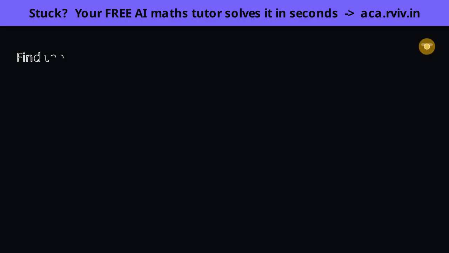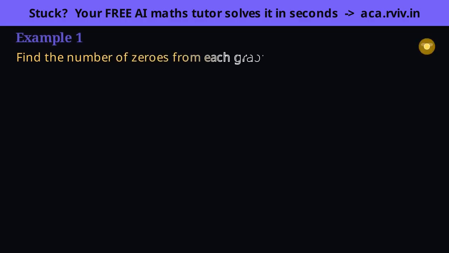Example 1. This is the friendliest kind of zeros question because there's no algebra at all. The graph hands us the answer if we know what to look for. Let's see exactly how to read it. Let's set up the one idea we need. A zero of p of x is, by definition, an x value where the polynomial's output is 0. On a graph, the output is the height of the curve, so a zero is a point of zero height. That means we hunt for where the curve touches or crosses the x-axis and nowhere else.